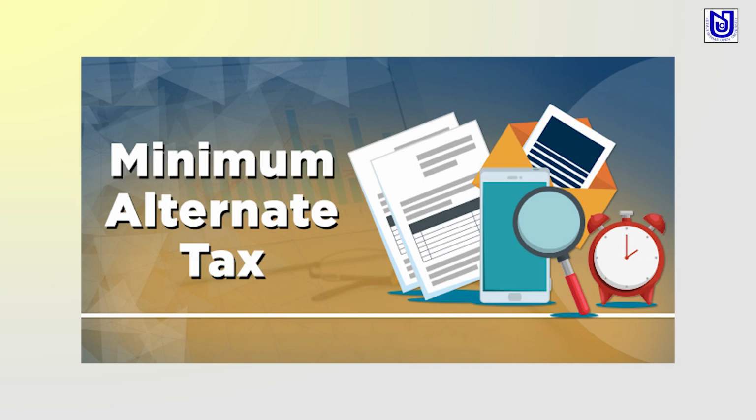Now today we are entering into a new aspect of our discussion in Unit 1, that is Minimum Alternate Tax on companies, popularly known as MAT, Section 115JB. The background history of MAT's introduction is that,